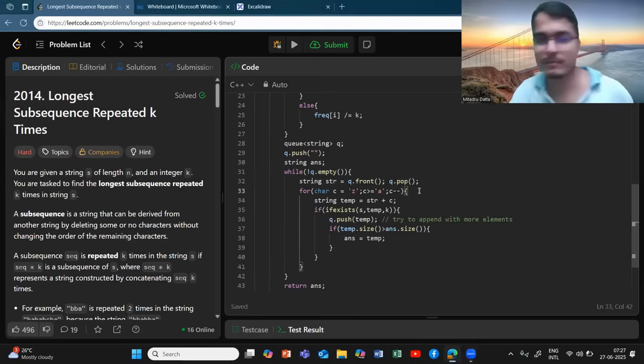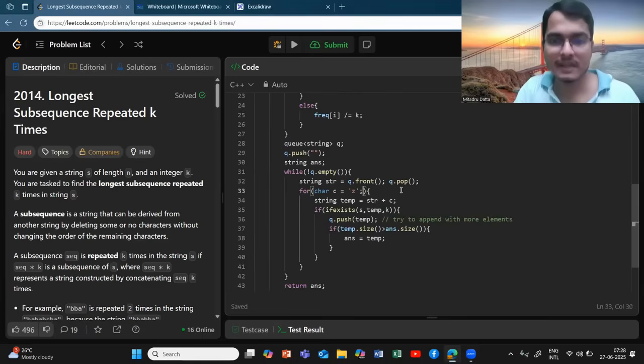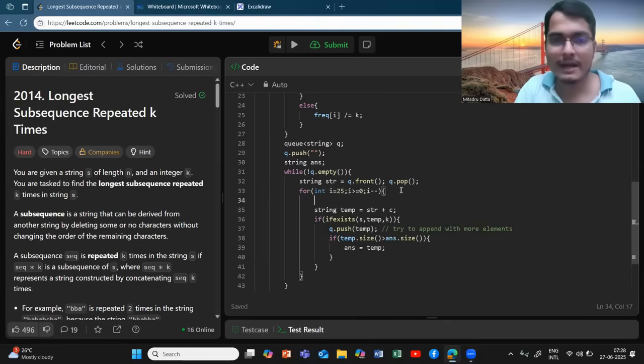I will do a very simple check. I will go through frequencies this time. I will go through int I equals, let's say, starting from 25, I greater than or equal to 0, I minus minus, and this char C, I have nothing but I plus A. I'm checking in this manner. And if